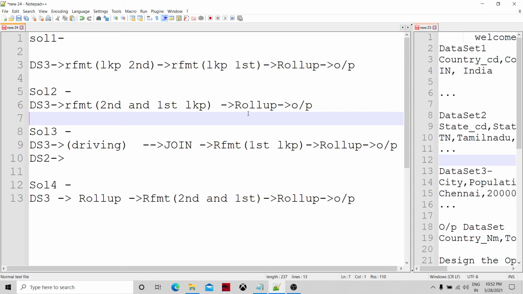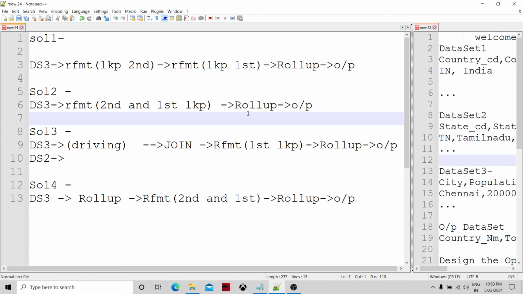So if we talk about solution number 3, if we are joining it, and we know that the driving port, we can take the largest input, and then the join will take its own memory. If we are going to go with the sorted join, then we have to sort the data. That too is costly. If we are joining without sorting, then the join itself has to sort the data. So this solution doesn't seem proper.